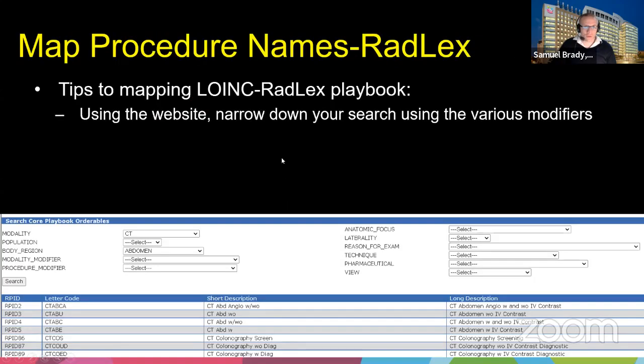You can go to the website. You can just go to Google, type in RADLEX playbook, and go to the RSNA website, and you can immediately start using it. If you go to their website and you pull up their homepage, you can go in and, for example, I can select my modality, CT, and I can come over here. I can select the region, say abdomen. I can actually get more specific, more granular in my choices. There's a lot of different options. But after I select even just these two options, you can see here, it immediately starts to give you descriptions, and it gives you codes that you can use to group your data.